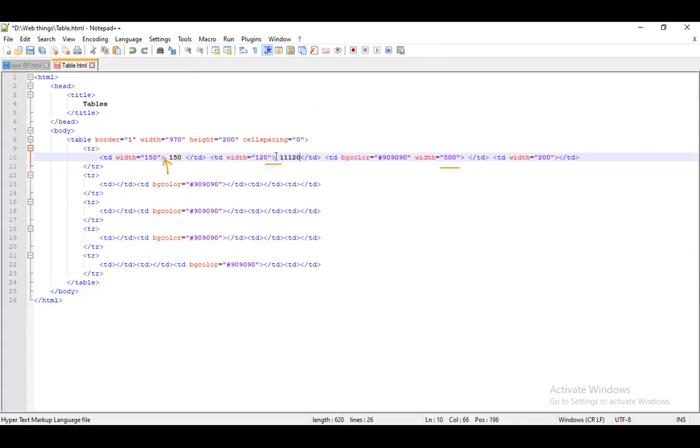No need to put space. Space only in front of the attribute. In front of that also space is not needed. You can erase that. Yeah, that is 500, and the next one is 200. Okay, that's it. I think once you save, yes, 200 there, and once you save,